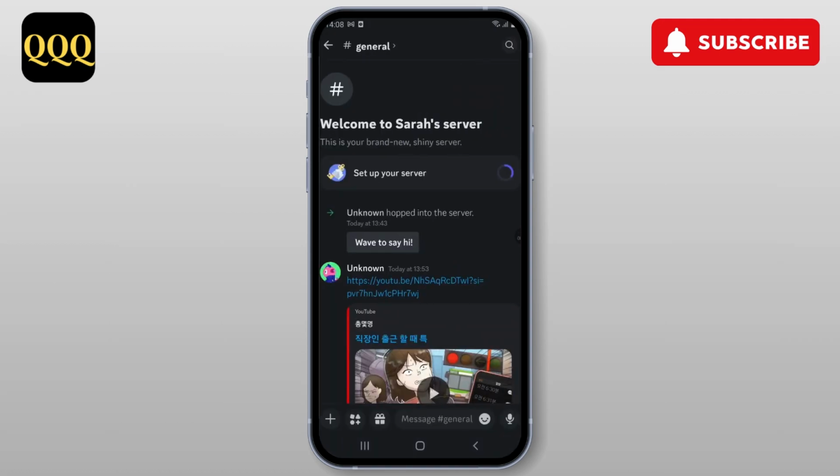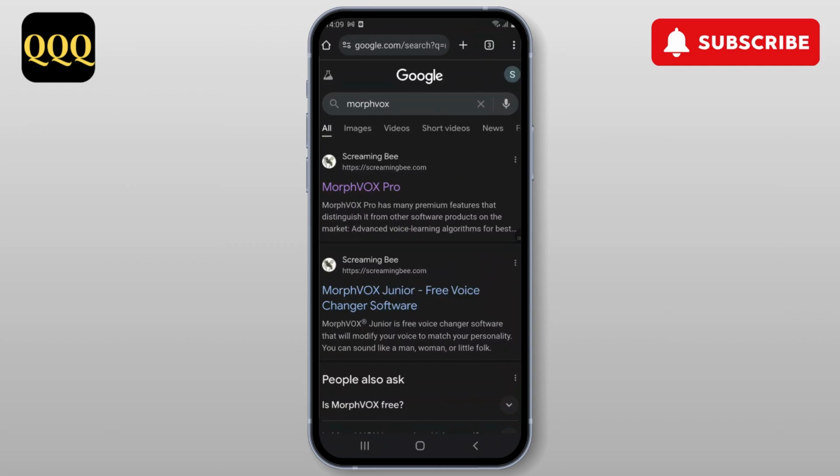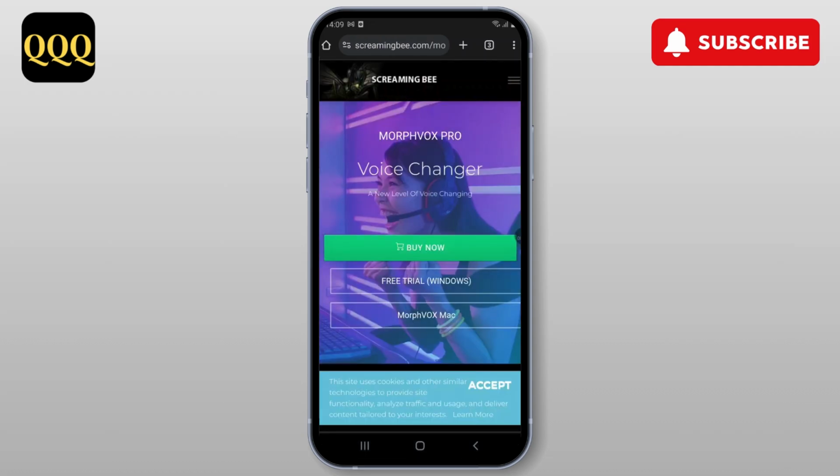Go to Google, type in MorphVOX and search. You can see here a screaming bee. I'm showing this on your phone, but you should download it on your Windows. Just go and click on the screaming bee right here. For the long run, just buy it, but if you want to try it free, just click on the free trial